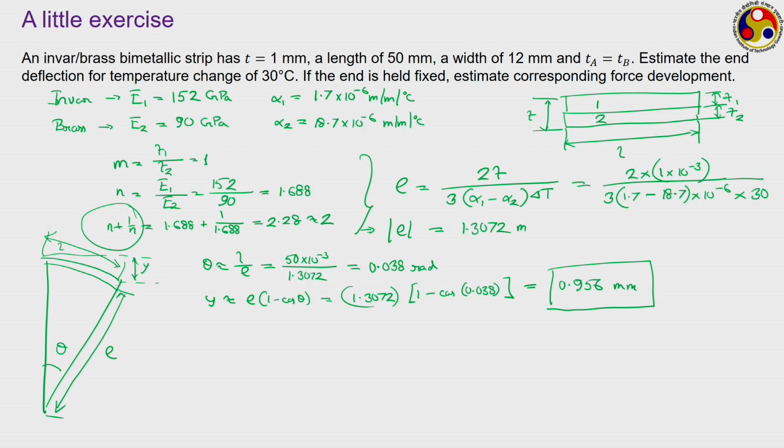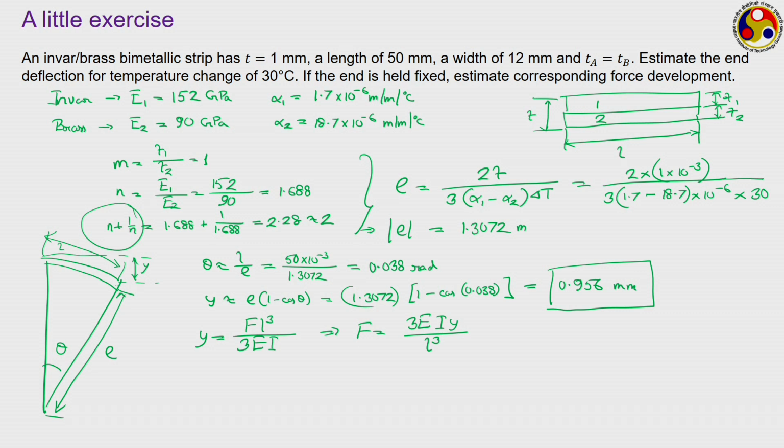Now, the second part says that if the end is held fixed, estimate the corresponding force development. So, you have to calculate the force if this end is kept fixed, that is, the strip is not allowed to expand freely. To identify that, we can make use of the standard relation for a cantilever kind of bar, meaning here one end is kept fixed. In that case, this is the standard cantilever formula from engineering mechanics we can make use of: y equal to FL cube divided by 3EI, which is the standard formula for any cantilever. F is the force that we are trying to estimate. So, F is equal to 3EIy divided by